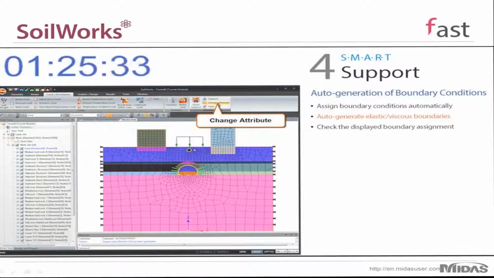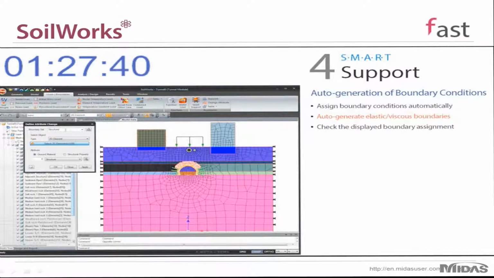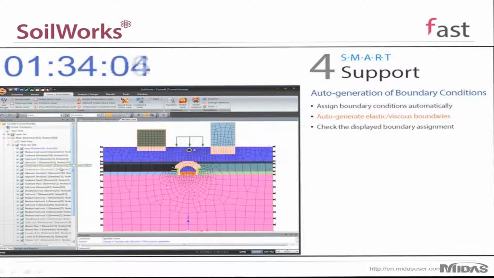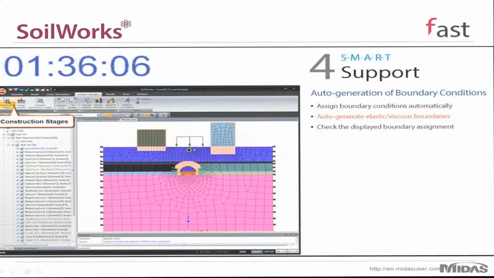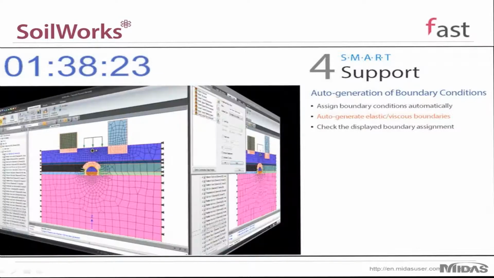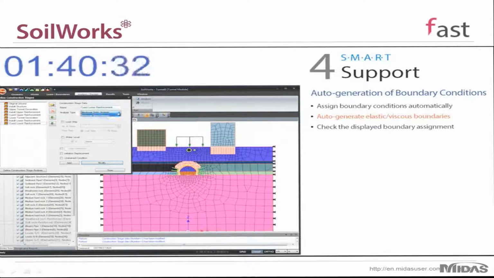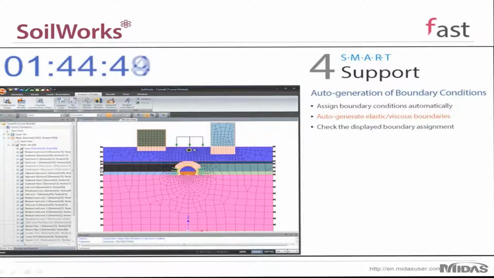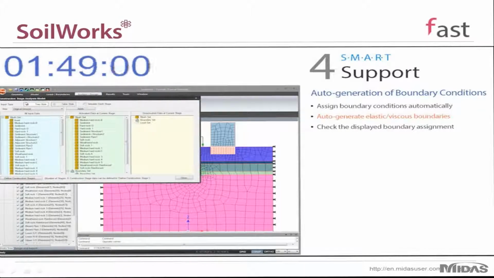And then changing attribute. This feature allows the user to just change the attributes of various materials over a certain period of time. So for example, this will be a construction stage analysis, so the attributes of the foundations will be changed, and that's what the user is assigning. And then construction stages. So for construction stage analysis, as you can see, you can easily just format your construction stages, and then you can also define which elements will be present during each construction stage, so that you can get a very accurate simulation of the changes that takes place over the course of the excavation or the construction.